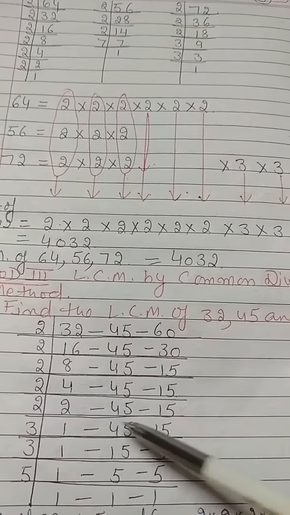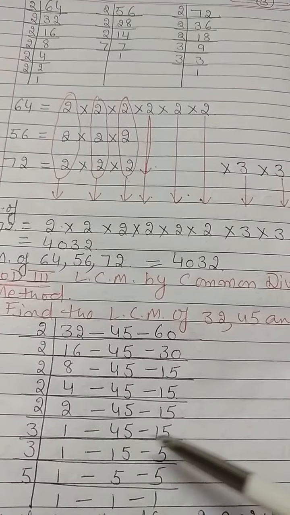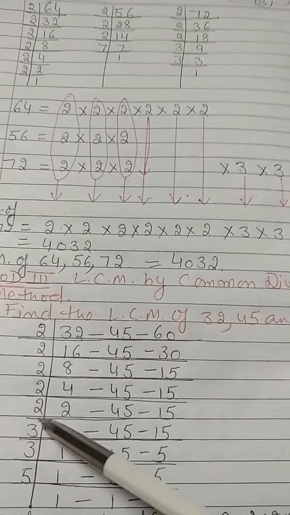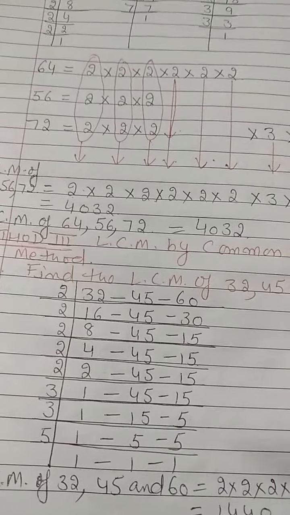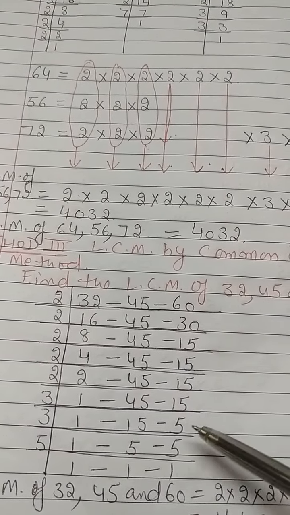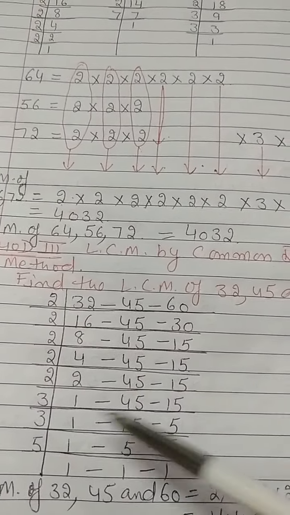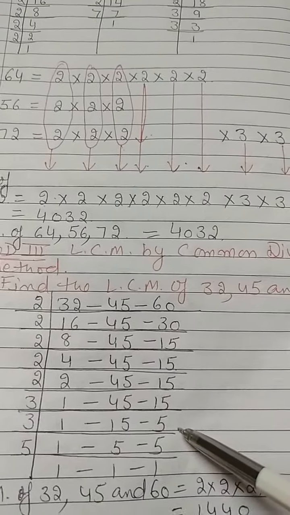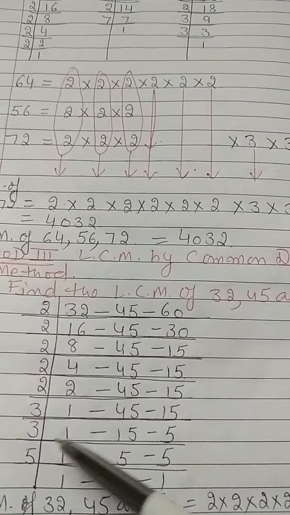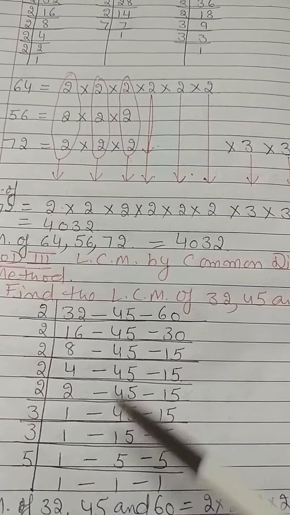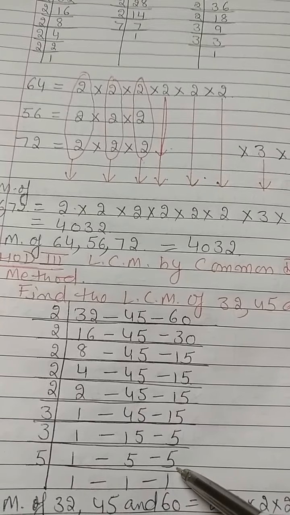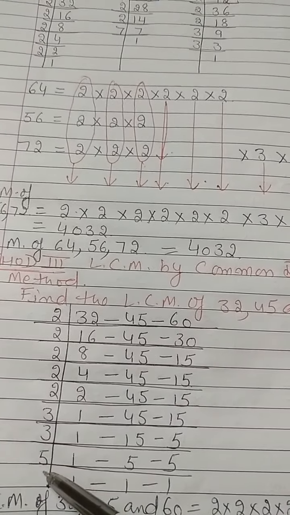The 2 numbers which were not divisible by 2, you check with 3. Are these two numbers divisible by 3? Yes. Then you write 3 15s are 45 and 3 5s are 15. Still you check, is any number among these two divisible by 3? Yes, 15 is divisible by 3. 3 5s are 15. Now further, no number among these is divisible by 3. So we move to the next prime number 5.